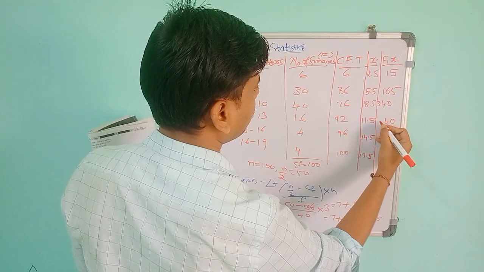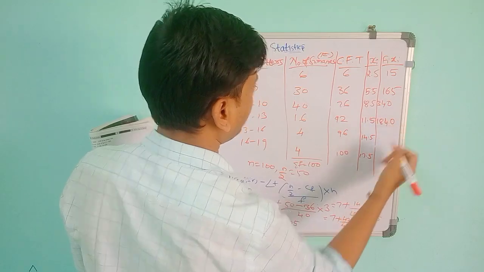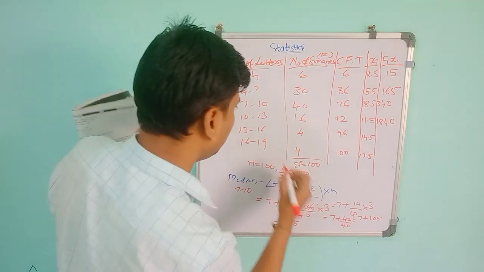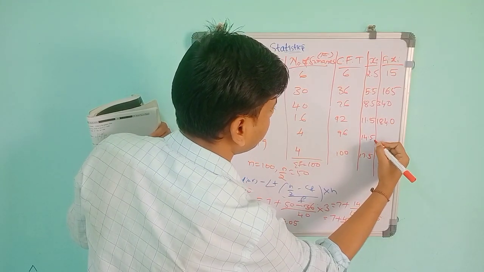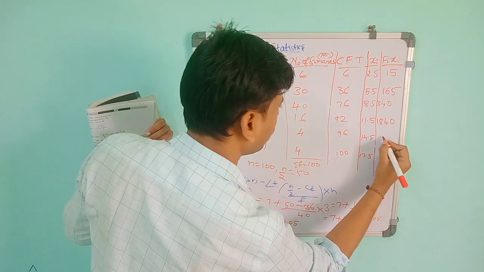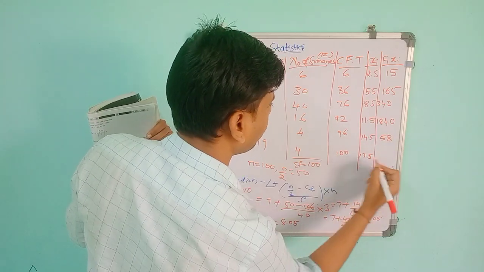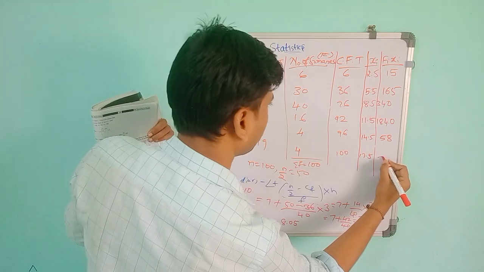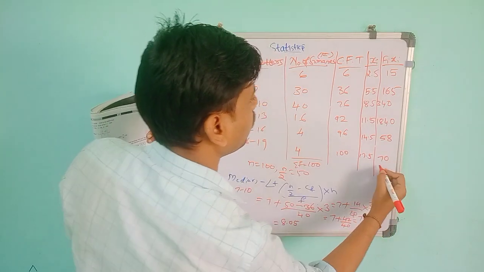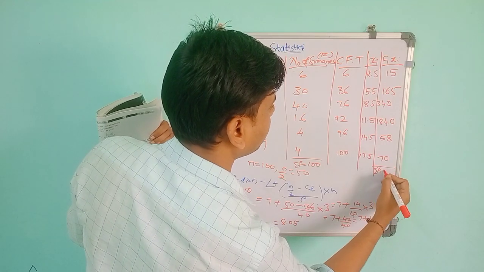2 carry. 16 into 16. 2 means 184. 184.0. Then 4 into 14.5. So 4 5 is 20. So 4 4 is 16 plus 2. This will give you 58. Then 4 into 17.5. This will give you 4 4 is 28. Then 70. So if we calculate this one, sigma fi xi,